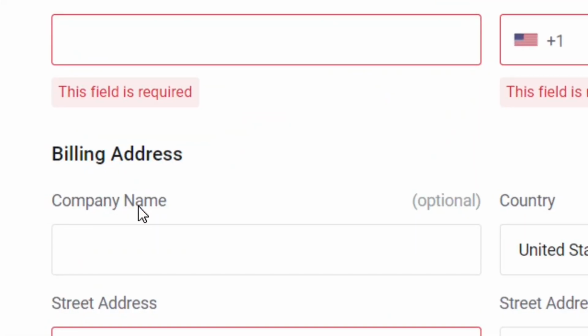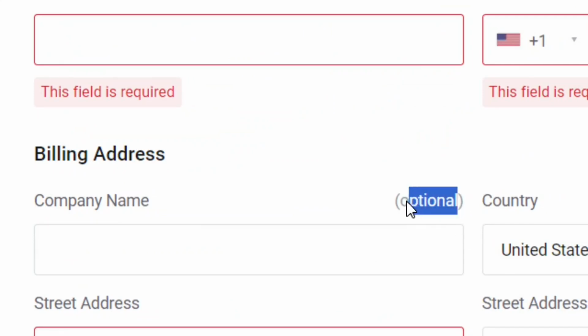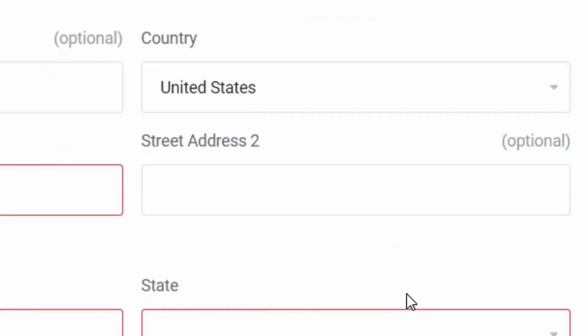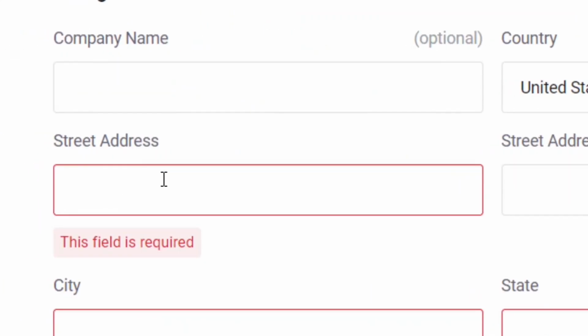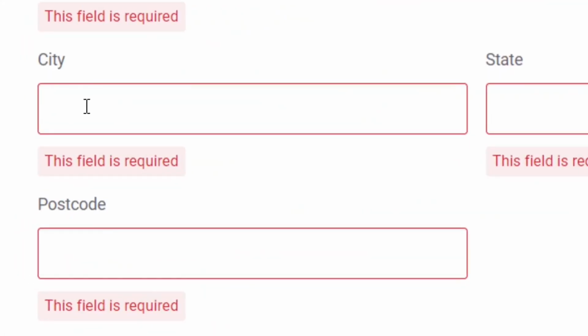The next thing that you have to do is set your billing address by putting your company name. It is optional. If you don't want to, you can leave it, and then you can also come here and select your country by clicking on the arrow. The address too is optional, but you have to put in the street address 1. Okay, after that, just come down here where you have